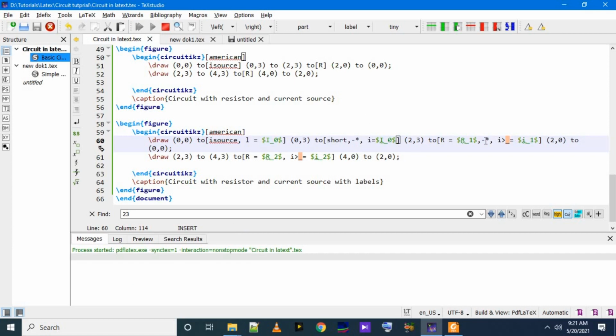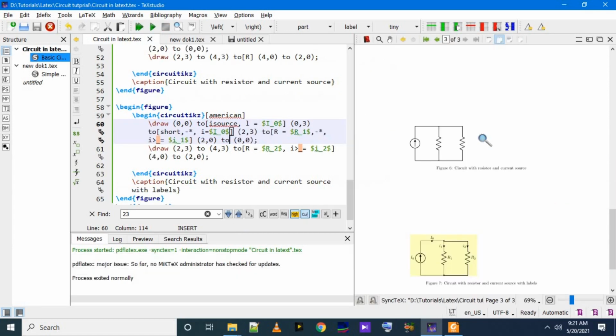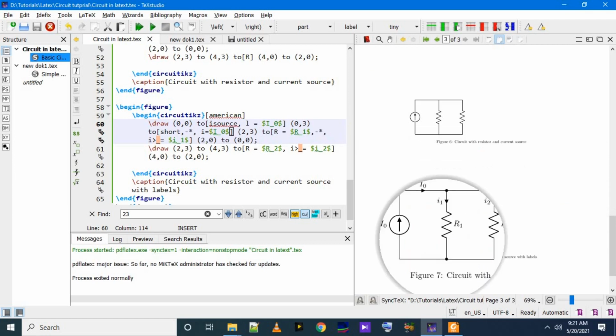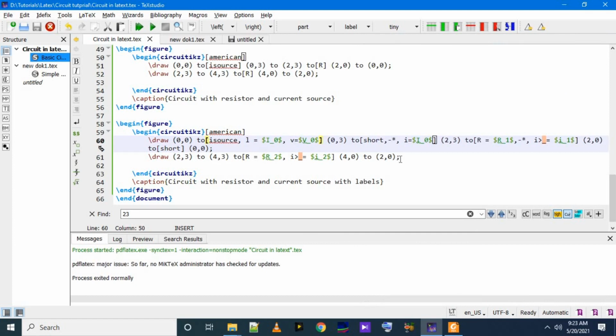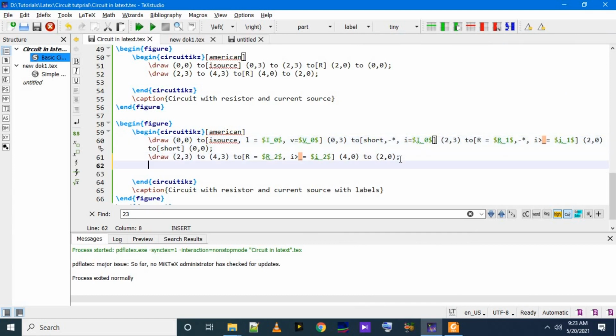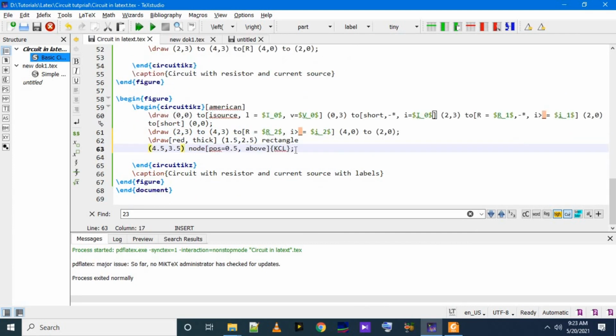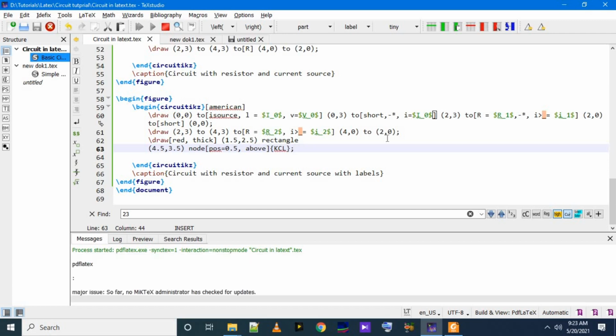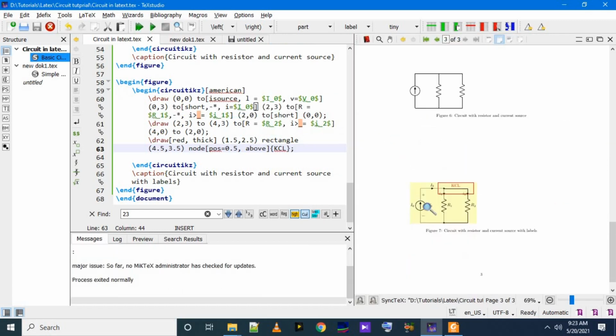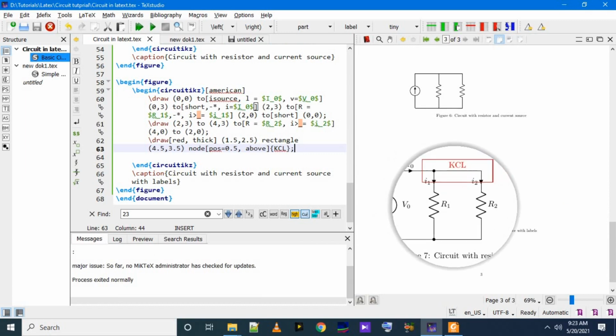Here we are going to do something with the current. Now we will attach a voltage name to the I source. V is equal to V underscore 0. So now the voltage source is added and the current is done.